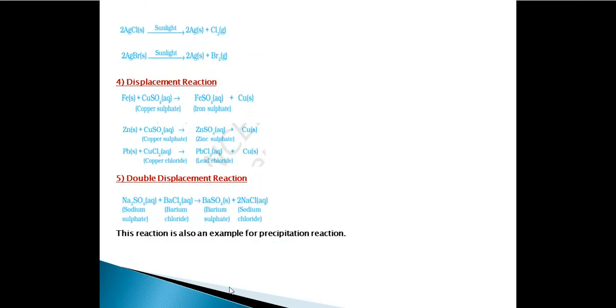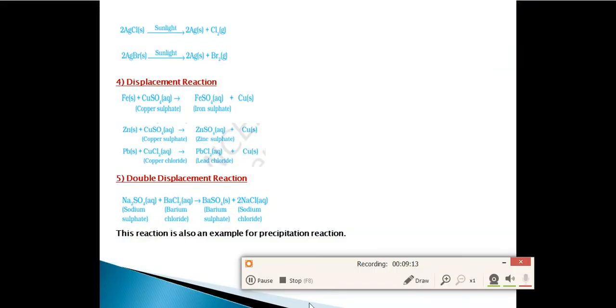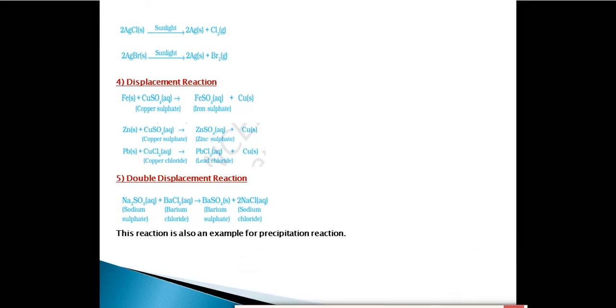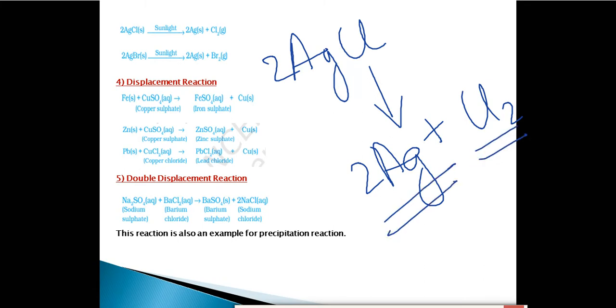The next two reactions are also examples of decomposition reaction, but in these reactions we are not using heat, we are using sunlight to break the given substance. So this is our silver chloride, AgCl. In the presence of sunlight, it will break to give you silver, Ag, plus chlorine gas. You have to balance the reaction. Now it's balanced. So when silver chloride comes in contact with sunlight, it will break to give you silver and chlorine. In the same way, silver bromide, when it comes in contact with sunlight, will give you